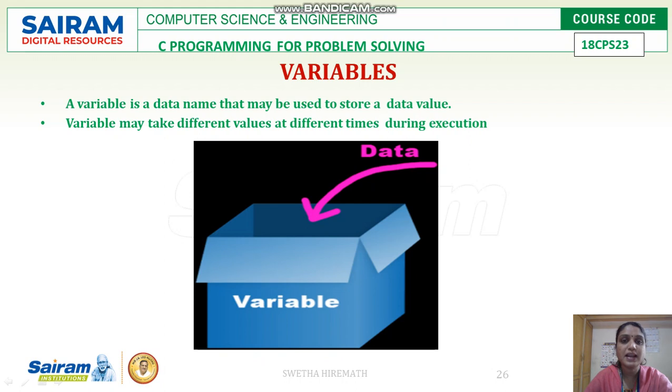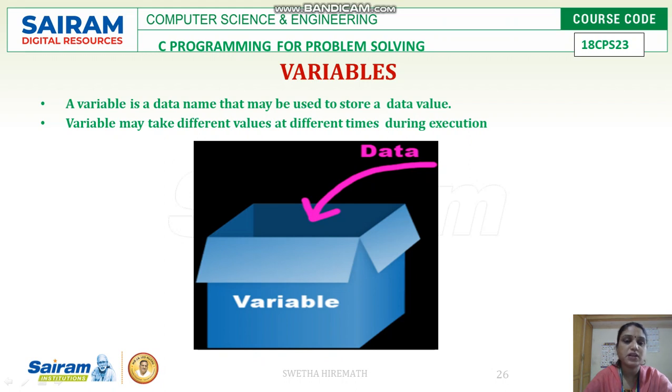A variable is nothing but a storage unit where we store the data. Whatever data you input through your keyboard has to be stored at some place and identified with some name. That name which we give for that particular storage area is nothing but the variable. The variable will store the data whatever we enter at that particular address.